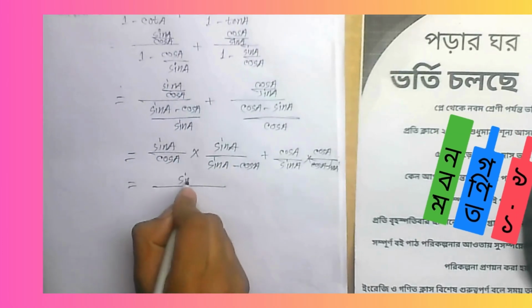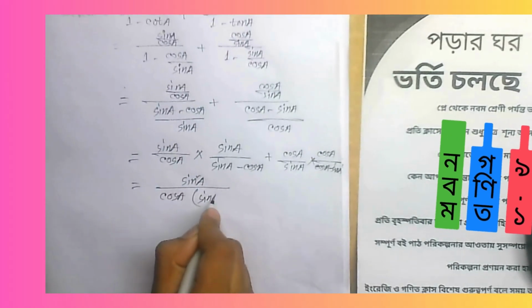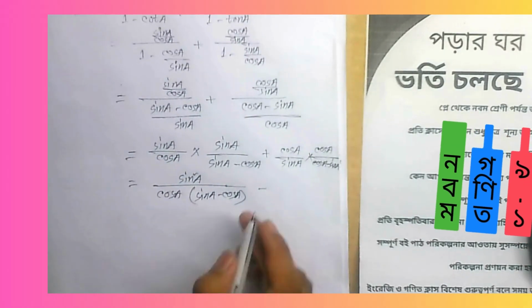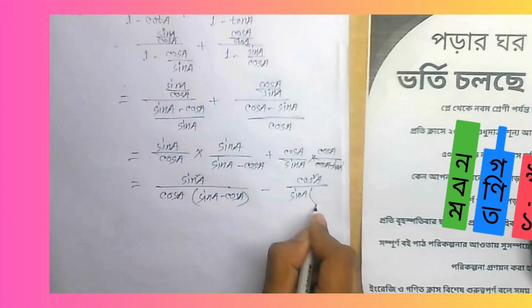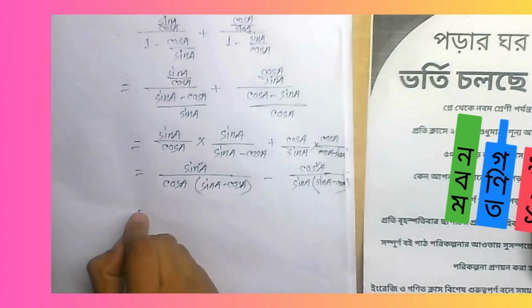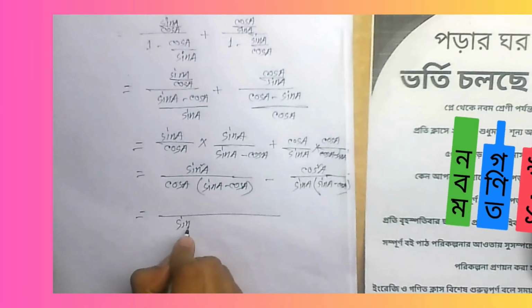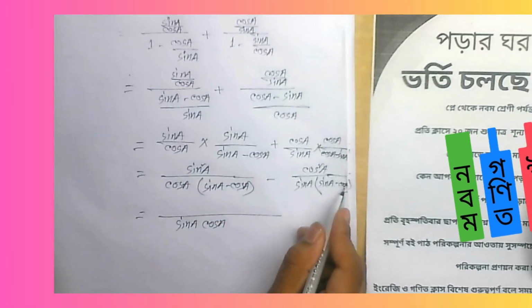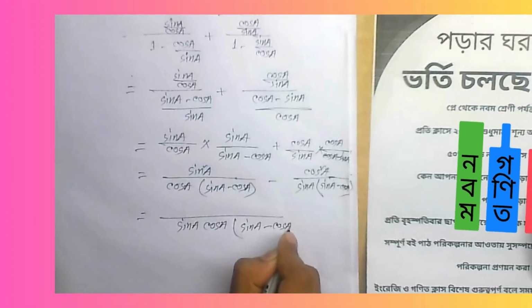sin a into sin a হবে sin square a, এখানে হবে cos a into sin a minus cos a, মাইনাস আমরা এখানে কমন নিয়েছি তাহলে হবে cos square a, তাহলে হবে sin a into sin a by cos a equal to sin a আর cos a আমরা নিলাম প্রথমে sin a into cos a, এখানে sin a minus cos a, এখানে দেখো sin a minus cos a দুইবার রয়েছে, আমরা একটি আনবো।